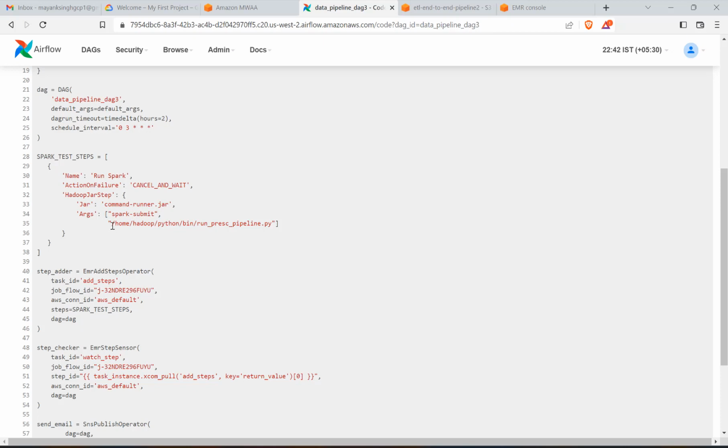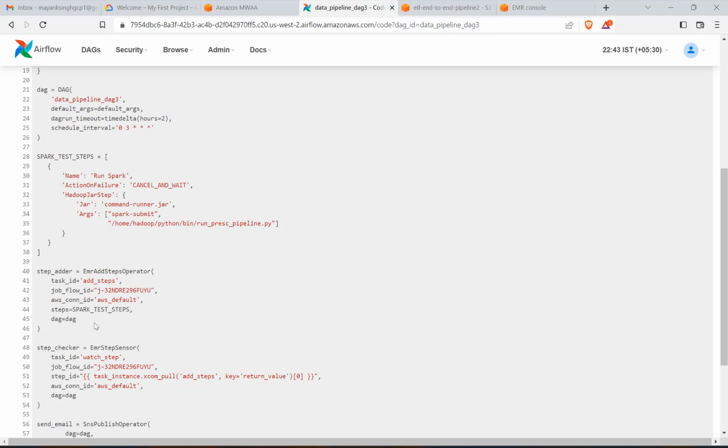Here I placed my PySpark application code on the EMR cluster on the master node because I'm using a logger. I just want to log the messages after I do pre-processing or transformation or sync the data. That is why I kept my application code on the master node. This is the operator I'm using, EmrAddStepsOperator,